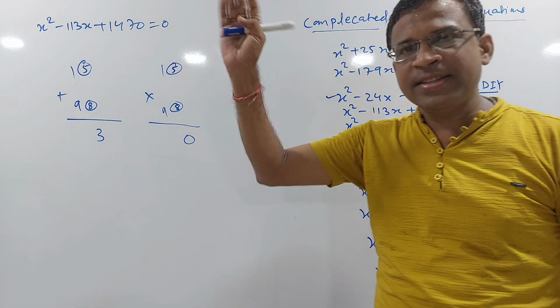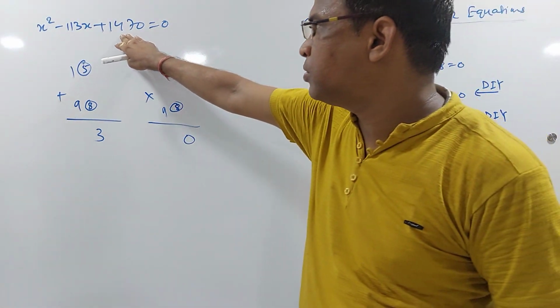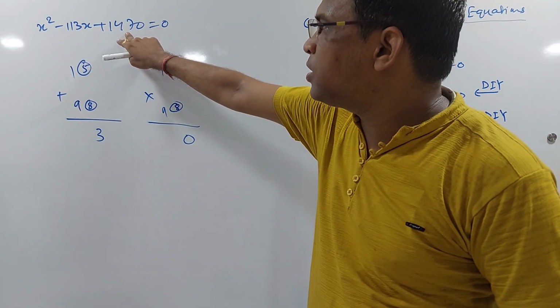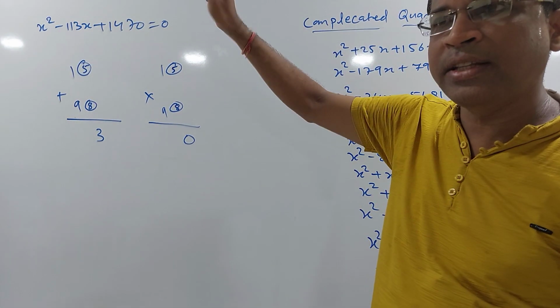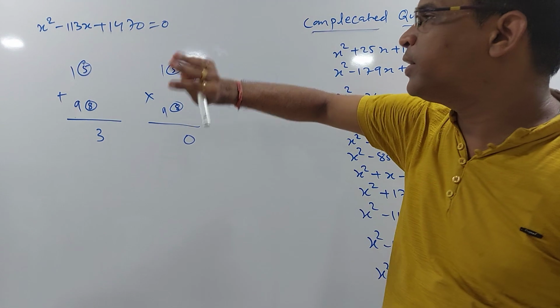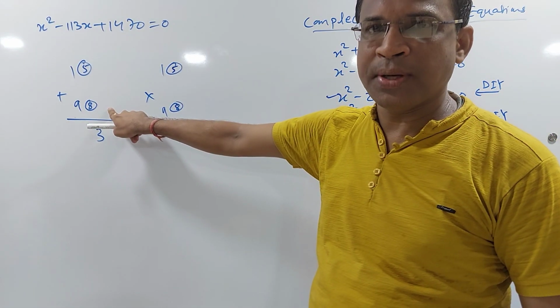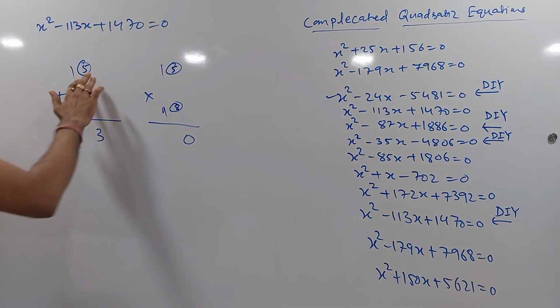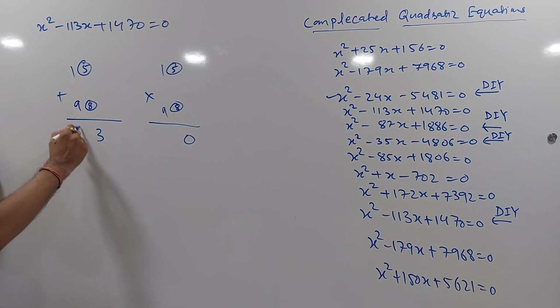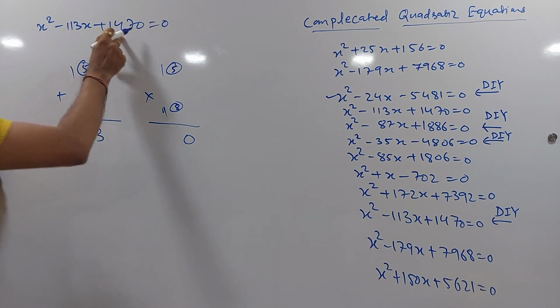I have something else in mind the moment I saw this question, this number. I know that it is 49 into 3, 147. So I have some gut feeling that the 49 combination will play here, and 98 is 49 times 2. Fine. So ultimately we got the break. See, 15 and 98 sum to 113, and 15 into 98 is obviously 1470.